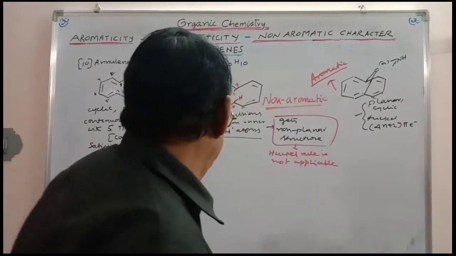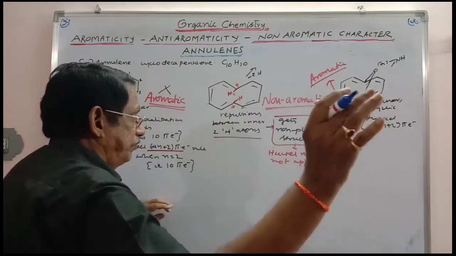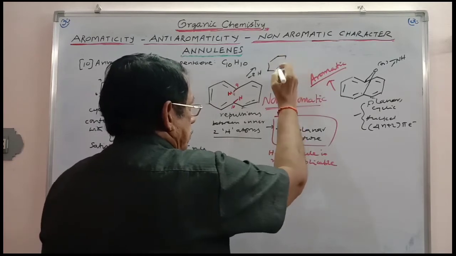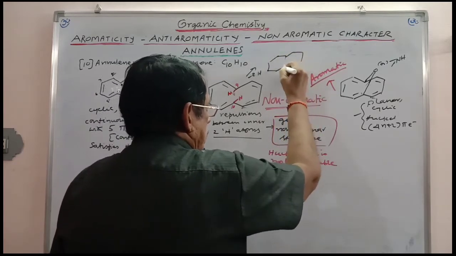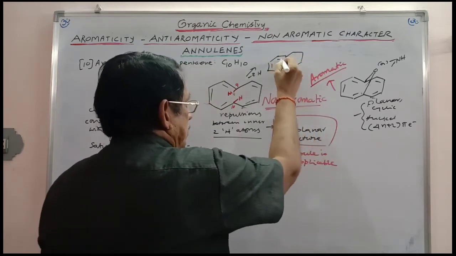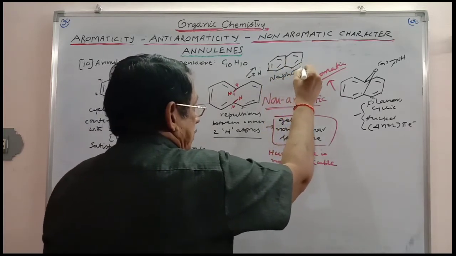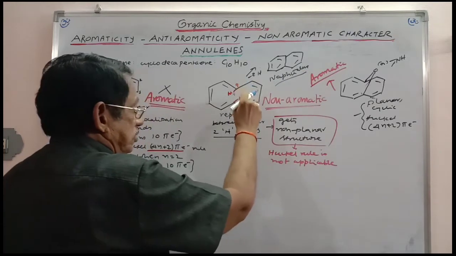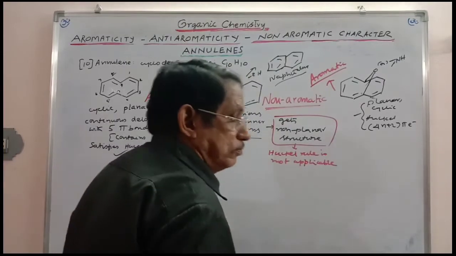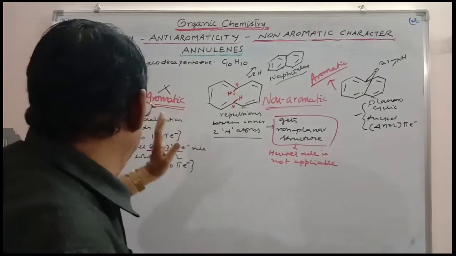And one more thing, just observe, when these 2 hydrogens are removed, these 2 carbons are to be connected. What will we get there? These 2 are connected by sigma bond. And once again, this is nothing but naphthalene. It is becoming planar. When these 2 hydrogens are removed, it is converted to naphthalene, which is planar once again, and so it is aromatic, a polynuclear aromatic compound already discussed in the previous class. And so this is the secret in the case of 10-annulene.